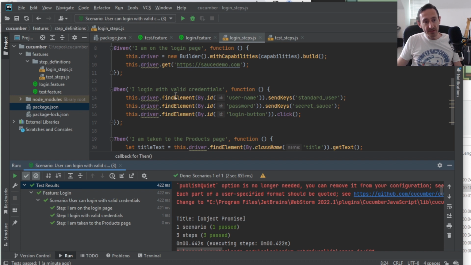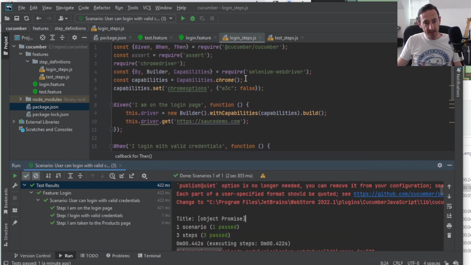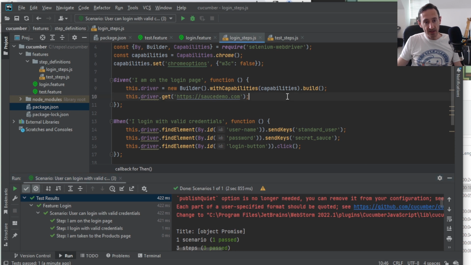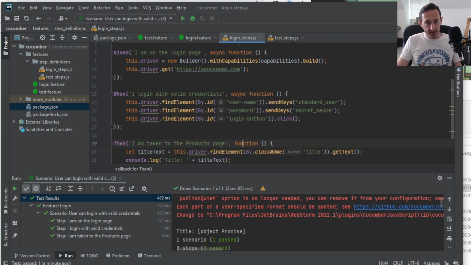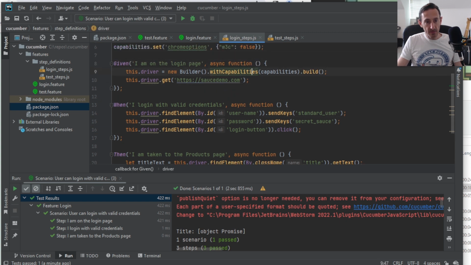We want it to run sequentially, but to do that we need to change these functions into asynchronous functions, and then we're going to use something called await so that it does things sequentially instead. So to turn that into an asynchronous function, we're just simply going to put the word async there. There we go. Let's turn that into an async function, and the same here. And then we're going to start using the term await, and that will mean that it will do that thing, and it will basically not do the next thing until it's done that. So if we do await